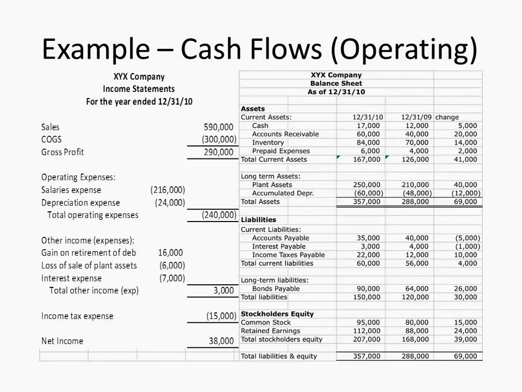Now, I want to continue down this road for another minute. The reason I'm not going forward to show you where it fits on the statement of cash flows, there's a specific reason why I'm not showing you that the 216 is the final number for wages, okay? So, next, gain on the retirement of debt, loss on the sale of plant assets. Do these have a cash impact? Where do we see the proceeds from the sales of these items?